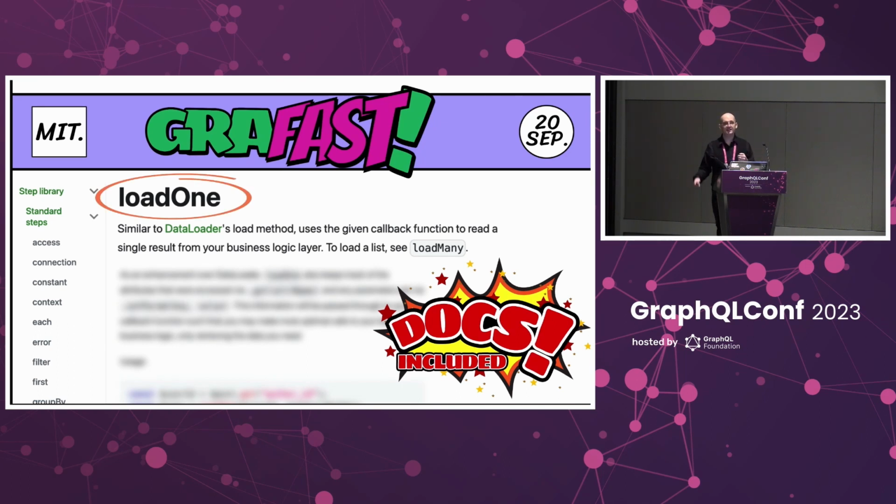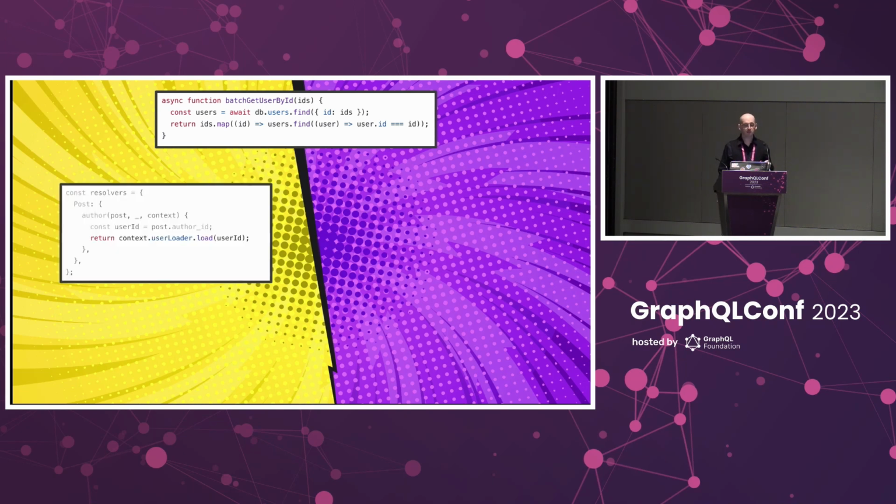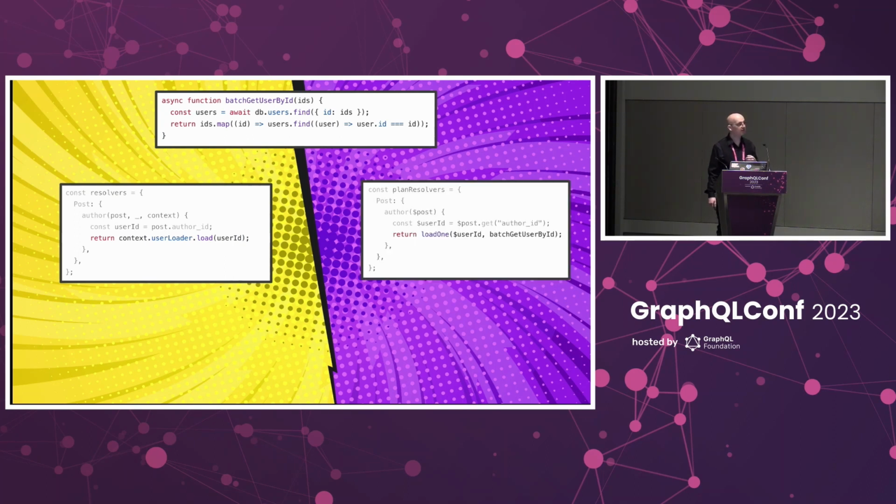This step is similar to data loader's load method. It's responsible for batch loading individual records from your business logic. In fact, load one is so similar to data loader's load method that you can use your existing data loader callbacks with it. Whereas in a traditional resolver, you'd probably get the loader from the GraphQL context and call the load method passing in the ID. In a GraphFast plan resolver, you'd call load one, passing the data loader callback directly along with a step that